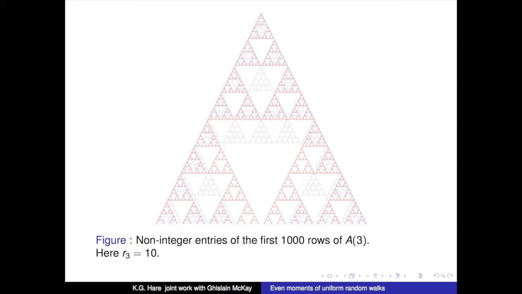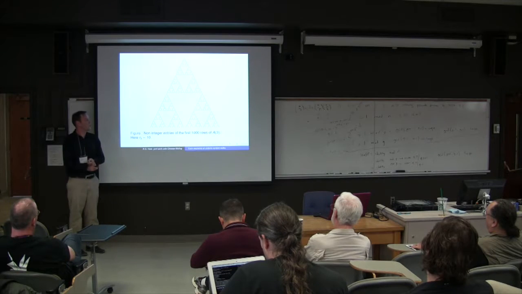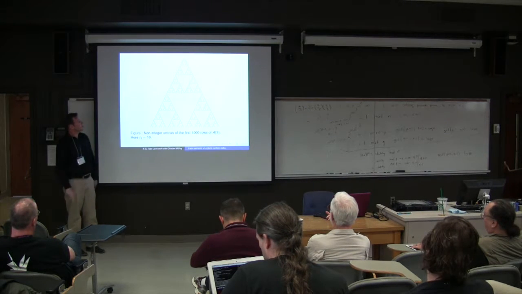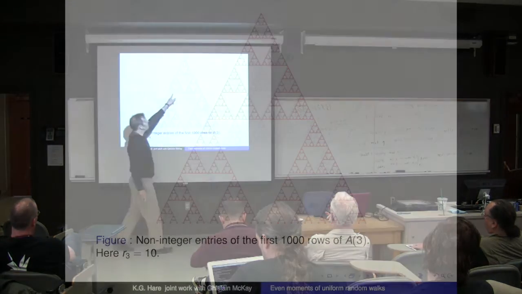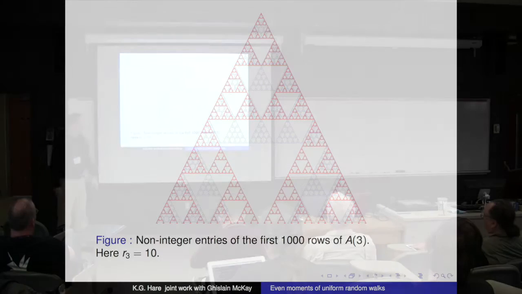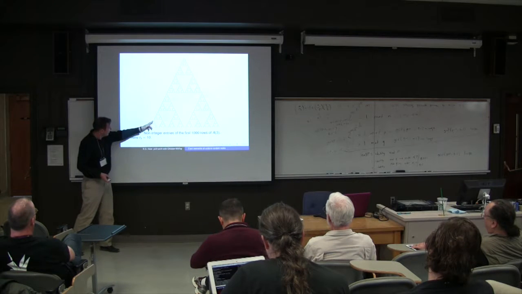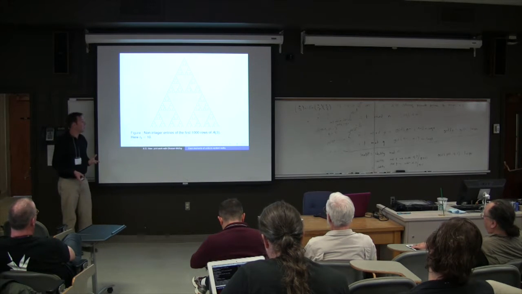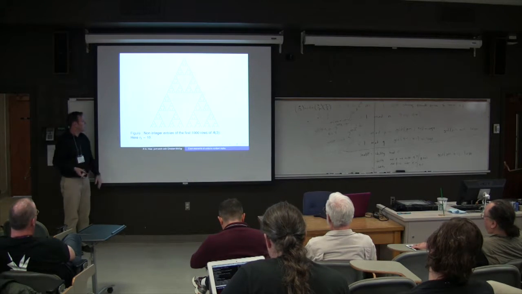A3, well, in A3's case, we have R3 equals 10, so there's a possible factor of 2 in the bottom, possible factor of 3 in the bottom. Both of these are showing up. The red are things where we've got a factor of 2 in the bottom. This very light blue is where we're getting a factor of 5 in the bottom, and occasionally these match up, normally on this diagonal where we actually get a factor of 10 in the bottom, so we're getting the R3 equals 10.